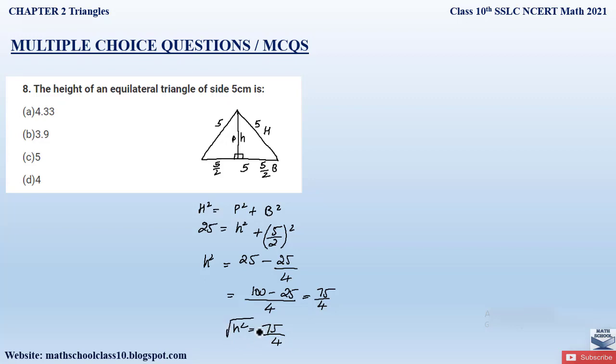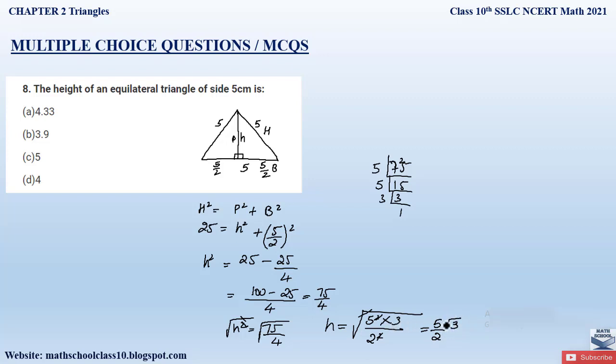So let us take square root on both the side. Here square root and square root term will get cancelled. So h will be equal to, now what is square root of 75? So this we can find out by factorizing number 75. 5 1s are 5, carry 2, 5 5s are 25, or 5 3s are 15, 3 1 times. So here we can write 75 as 5 square into 3 divided by 4 can be written as 2 square. For this term 5, the square and square root term will get cancelled. Similarly, for the term 2 in the denominator, square and square root term will get cancelled. So we can write 5 by 2 into root 3 will remain as it is.